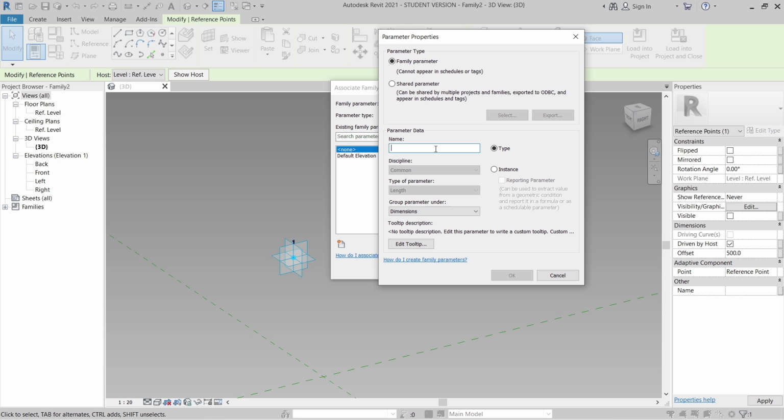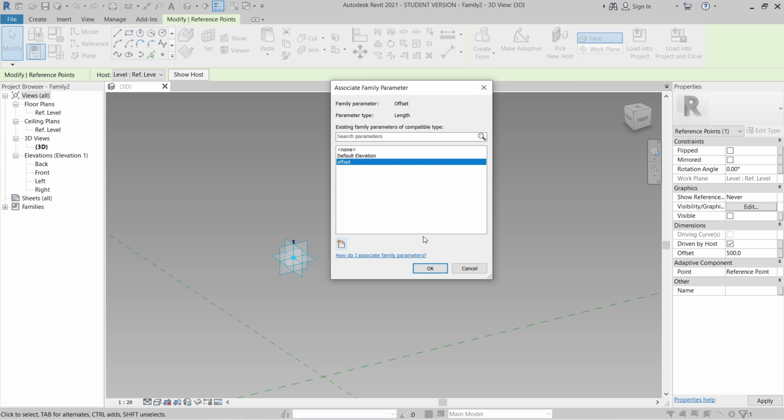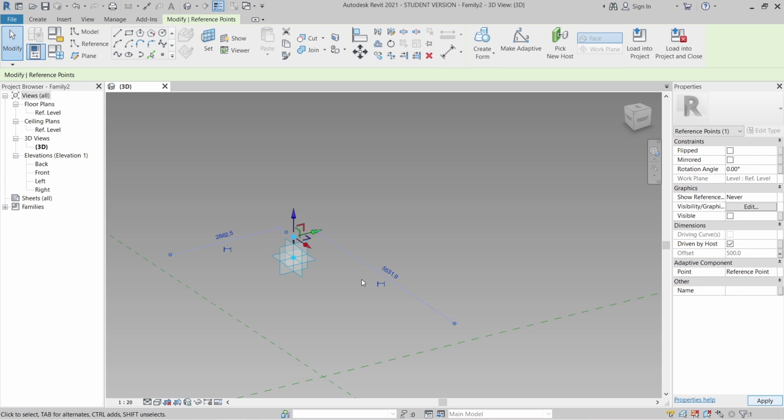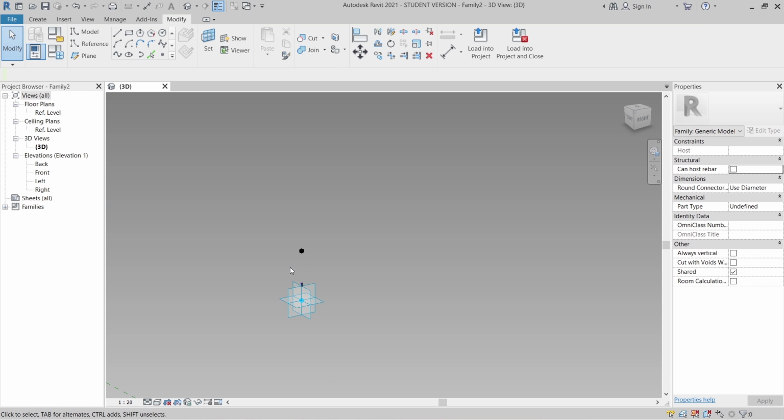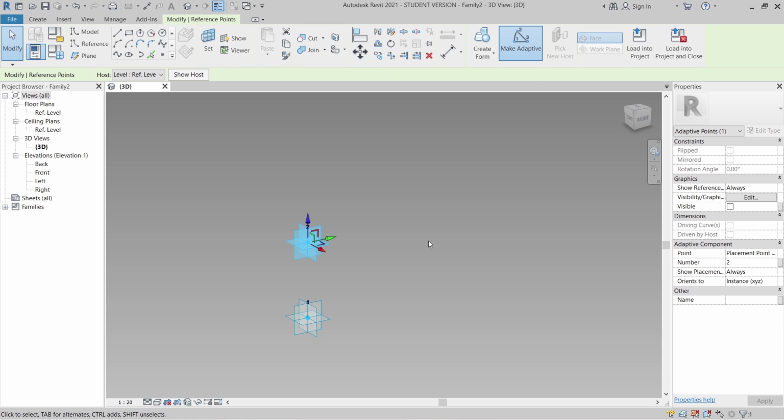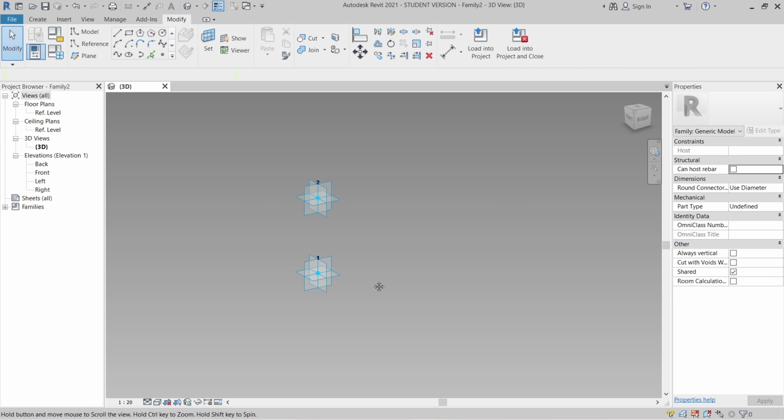Then we give it a name, let's say Offset. Then when I zoom in, it's a lot better. Then I make this one adaptive also. Okay, perfect. Now we've got our point number 1 and number 2 for the adaptive component, just standing vertical.